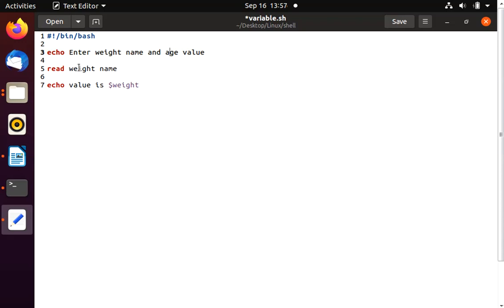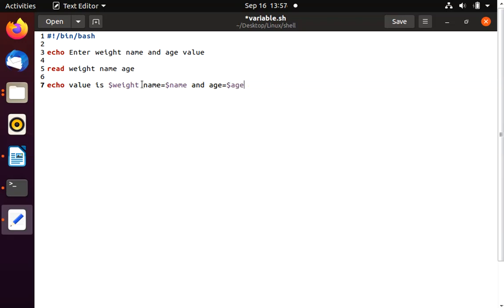So the first variable will store the weight value, second will store name, and third will store the age value. And that's it. And we will print all these values: weight, name equals $name, and age equals $age.